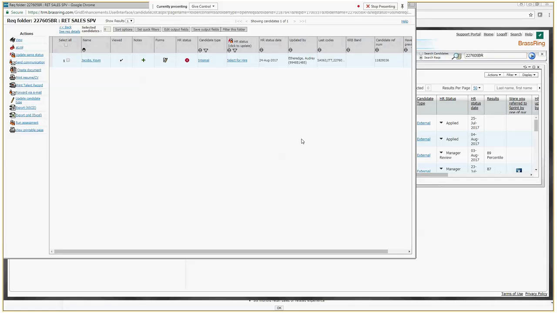Extend verbal offer is not going to send a confirmation to the candidate or to the hiring manager. Oh, it doesn't? Okay. It does not. So you just do that by email and say, okay, go ahead and extend the verbal offer. Right. I mean, it's a good tracking method to see how many people you have in that status, how many you're waiting for to receive approvals back, how many verbal offers you've actually extended out.